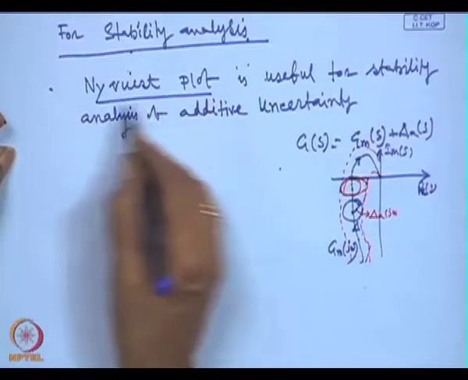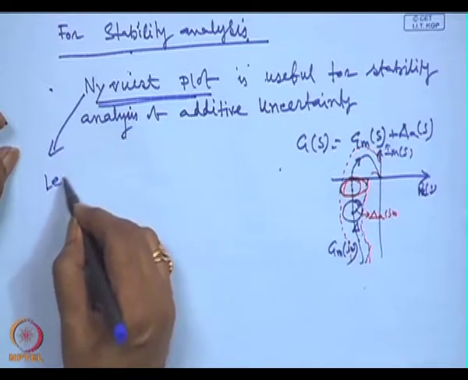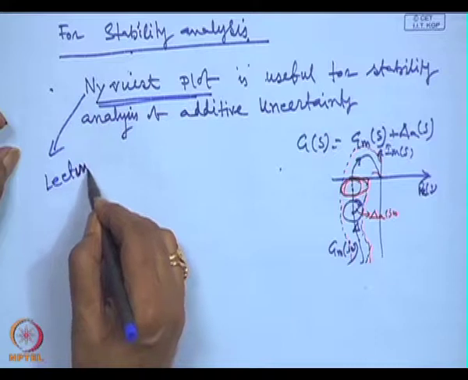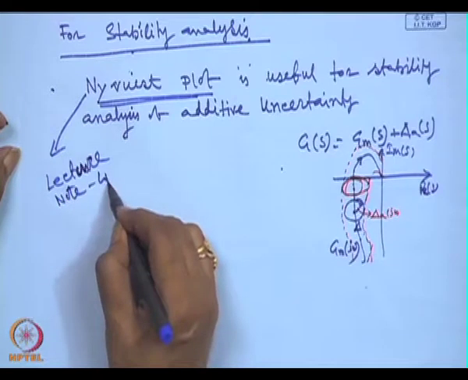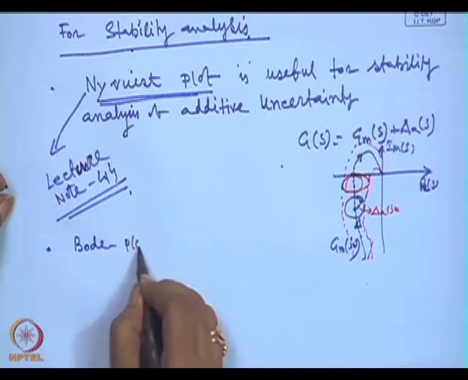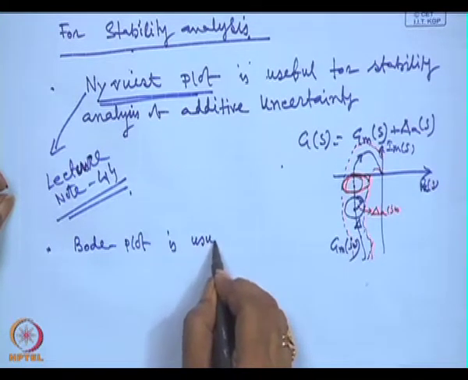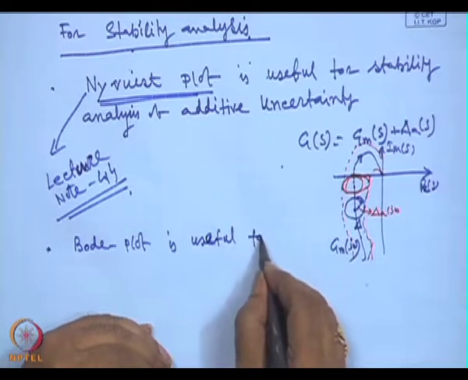plant. This Nyquist plot and all these things we have discussed in detail in lecture 44. Refer to lecture note 44. Then if a multiplicative perturbation is there, it is useful to use the Bode plot for stability analysis. Bode plot is useful for stability analysis